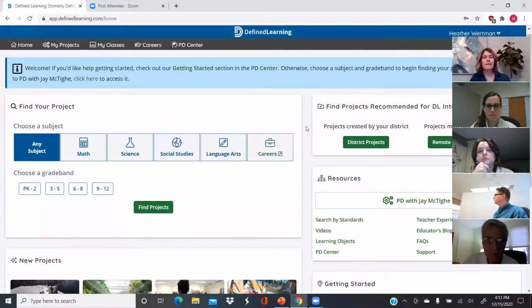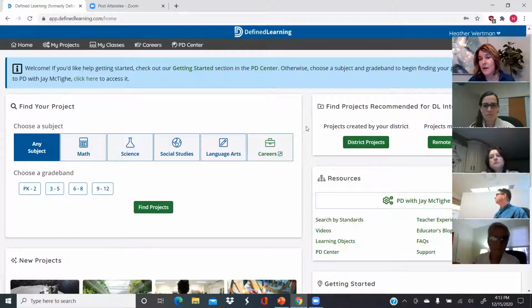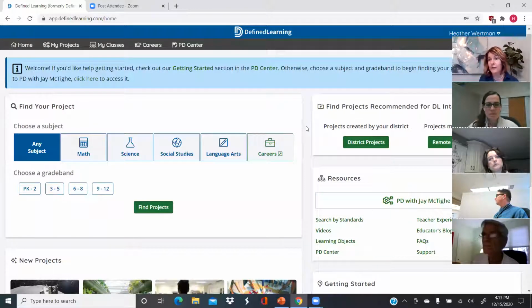So when you're looking at the home screen, let me just explain to you what we're looking at. So on the left-hand side, it says find your project. Now we have hundreds of performance tasks in our website. I think we're up to about 500 different performance tasks, maybe even more at this point. We're always adding new ones. When you want to search for a performance task that you want to add to your current curriculum or you want to enhance your current curriculum,